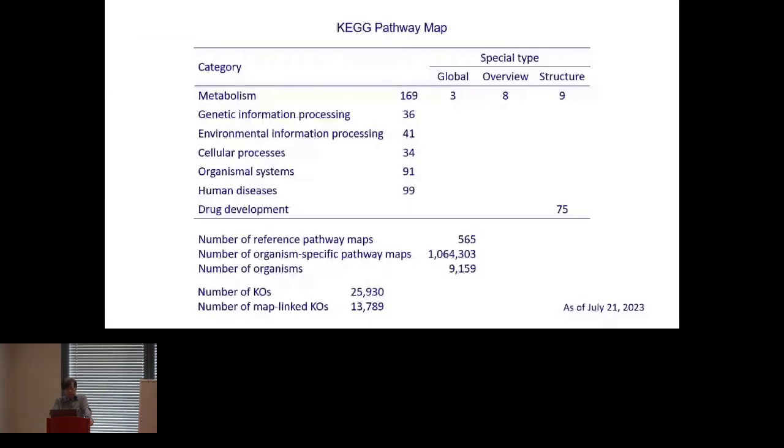This is just to give you the number of pathway maps. Metabolic pathway, we have a larger number of non-metabolic pathways now, but our main focus are still on metabolic pathways and representing with special types of pathways. I show here global and overview and structure, but I'll explain this overview map and global map in a minute. But before doing that,